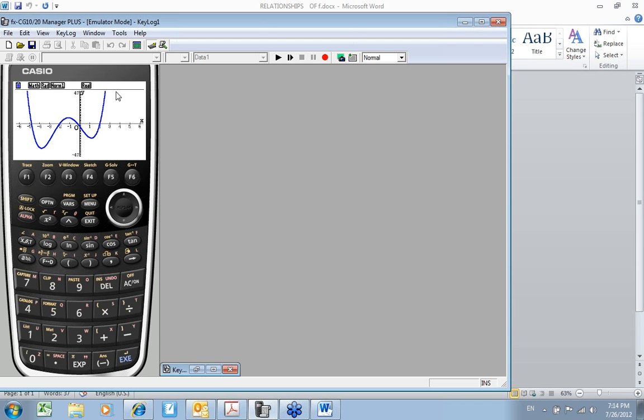So those are all the things that I would expect my kids to know about a 4th degree graph, whether they are looking at the equation, the function, or they're looking at the graph. And you don't want to move on until you've discussed all those things, because they're all going to be important here.